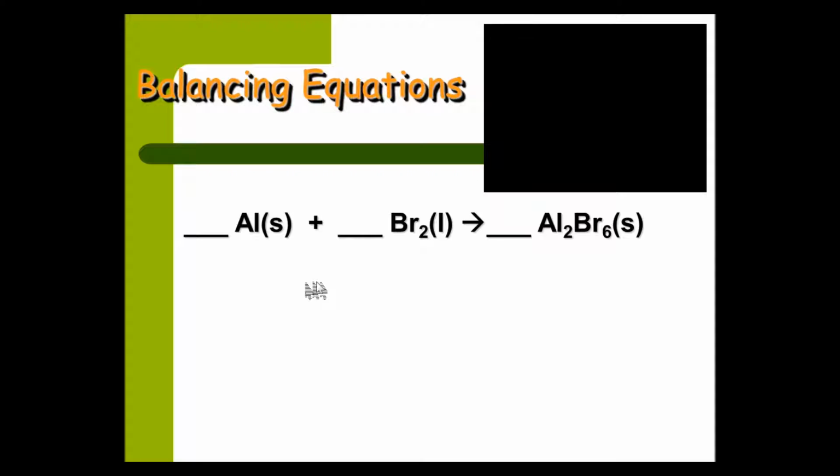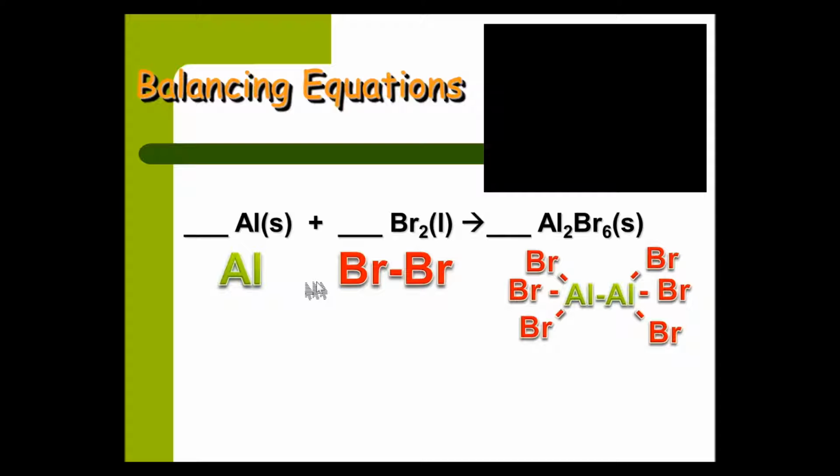So here's an example. I've done this for you before. I've drawn these out. So we have an aluminum atom that comes in a single form here. And when that reacts, it comes in a diatomic form, of bromine, right? Bromine's a diatomic molecule. It always travels in partners because it's lonely. And when it makes aluminum bromide,